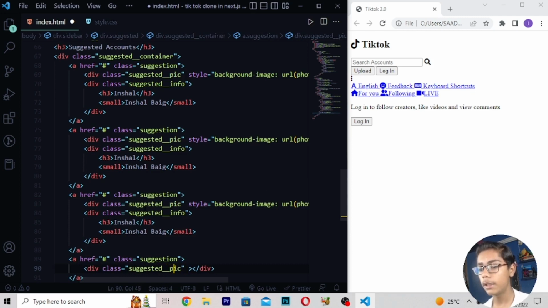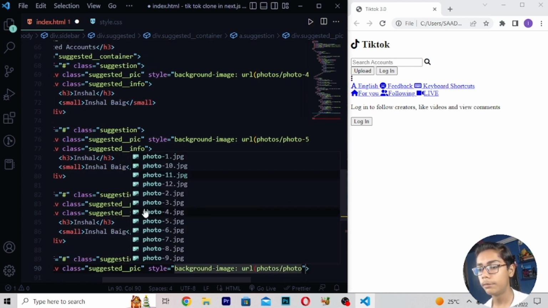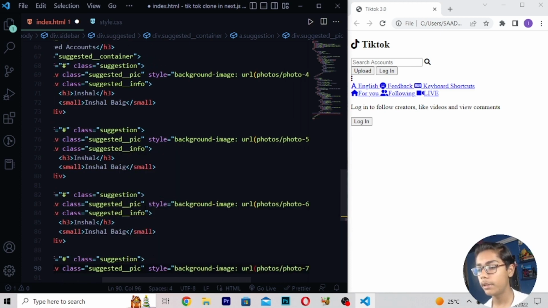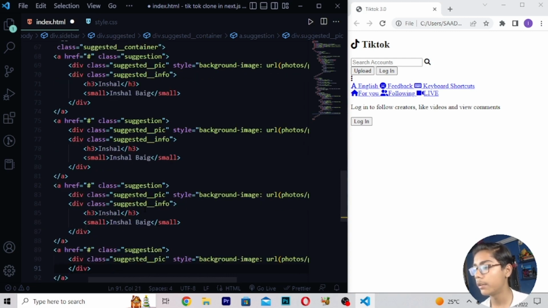Now when you've written this, I will be moving right here style is equals to background image, and here you have to write URL photos slash, then here I will be writing photo 7, then here I will be closing this.